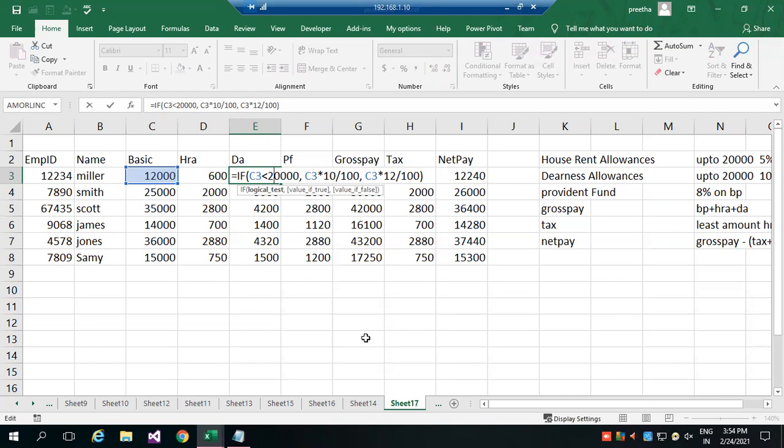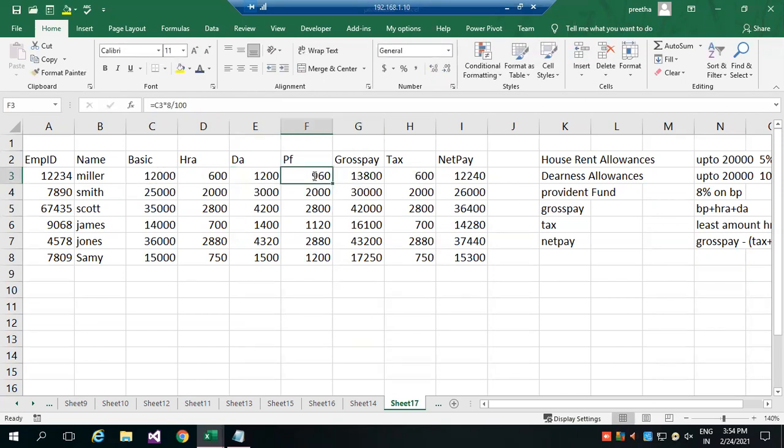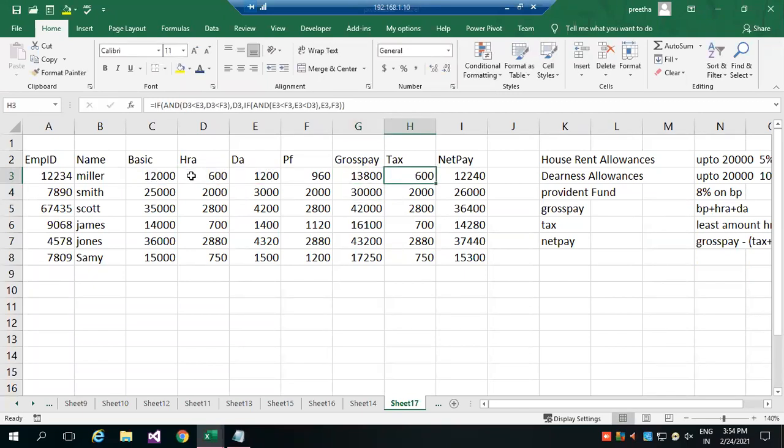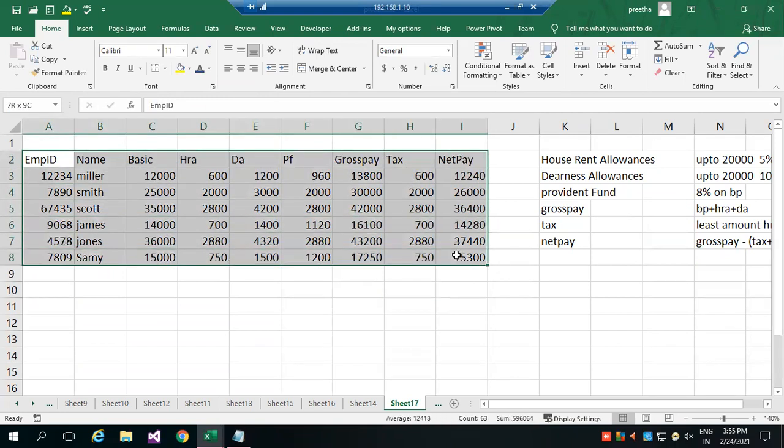Then PF is also common for all. Then gross pay, adding all the three. Tax is the least one in that row, the least amount has to be calculated. So the least amount is given in every row right now. And finally net pay.